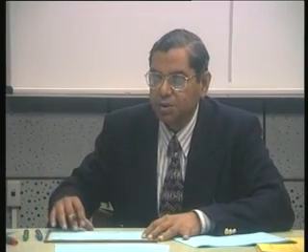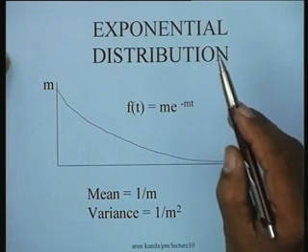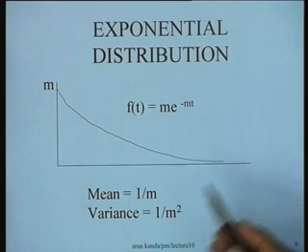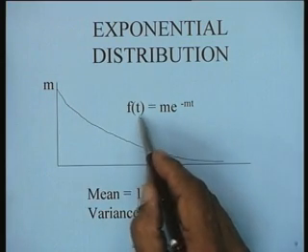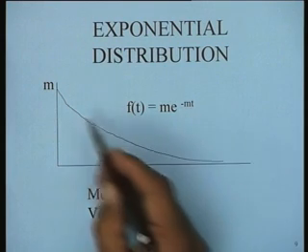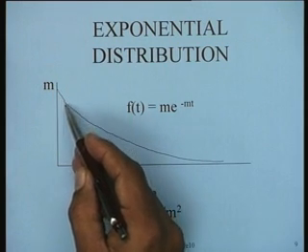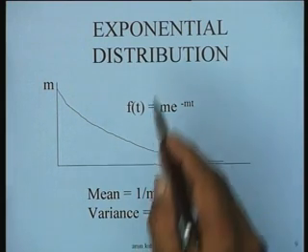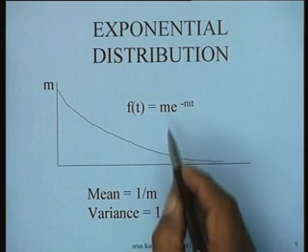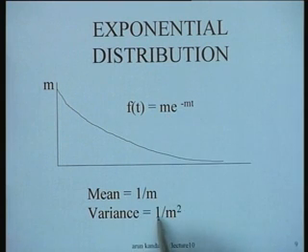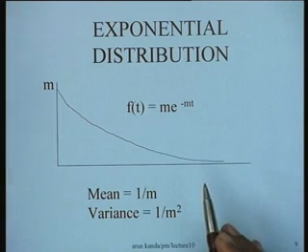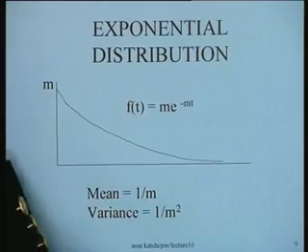Another commonly used distribution could be an exponential distribution. An exponential distribution, as you all know, is a distribution which reads f(t) is equal to m e to the power minus mt. So if this is the intercept m, and then it gradually drops and goes on till infinity, and the mean of an exponential distribution is just 1 by m, and the variance is just 1 by m square. So very convenient expressions for the mean and the variance of the distribution in case you want to use the exponential distribution as a distribution for the activity times.